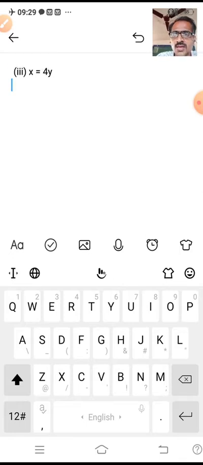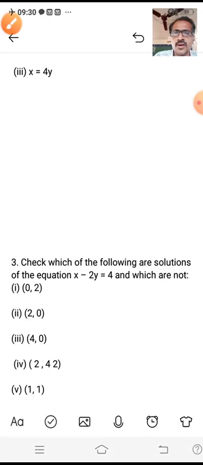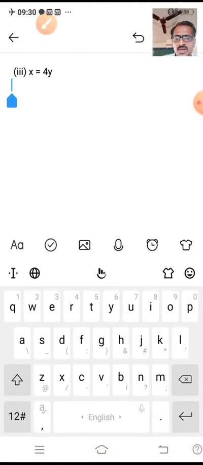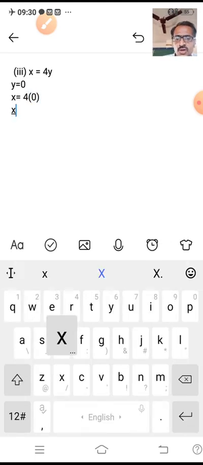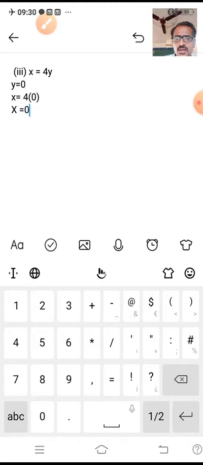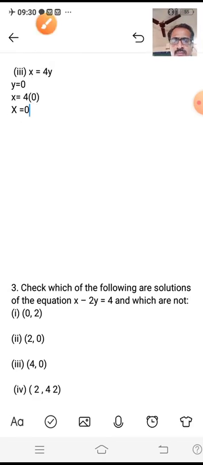So here the variable towards the right hand side is y. So we'll take different values of y, and that will start from 0, right, because it is convenient for us. If I take y equals 0, then I will get x equals 4 into 0. So 4 into 0 will obviously be 0. If I take y equal to 0, this x will be as it is, equals 4, instead of y we write 0. Now 4 into 0 will be 0. Simple.